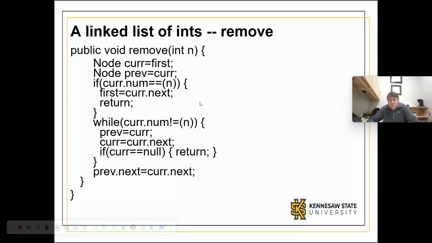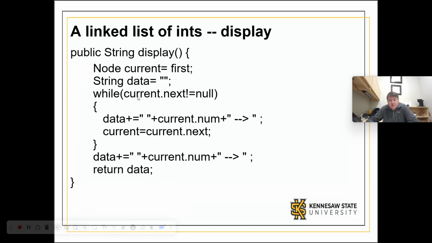Generally, unless you are updating something where you're removing the first item out of the list, you're never going to change head. You're going to make a current or a temp or whatever you want to call it, set it equal to head, and then use the current to move along the list so that the original head is never messed with. And then all we're doing here is just printing out the data or returning the data that's in